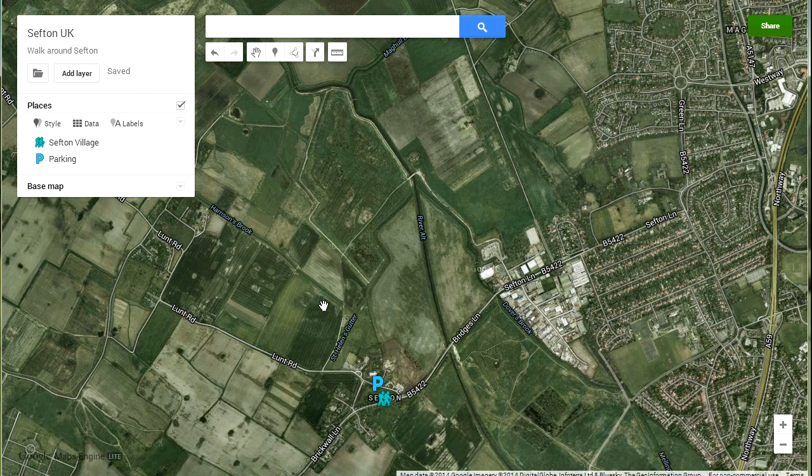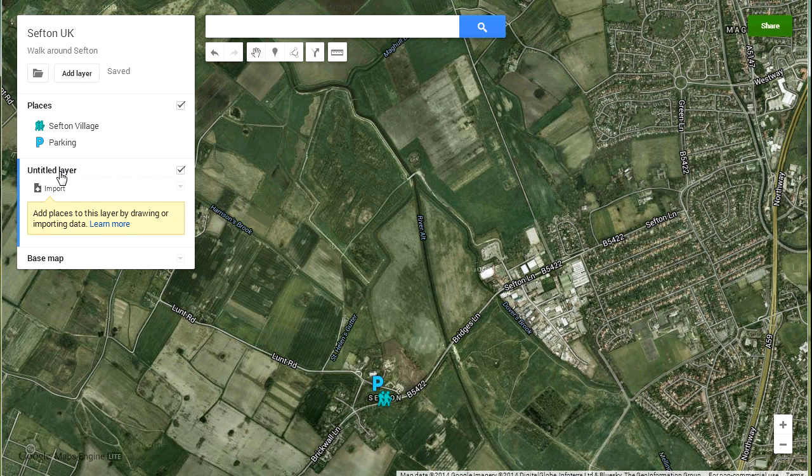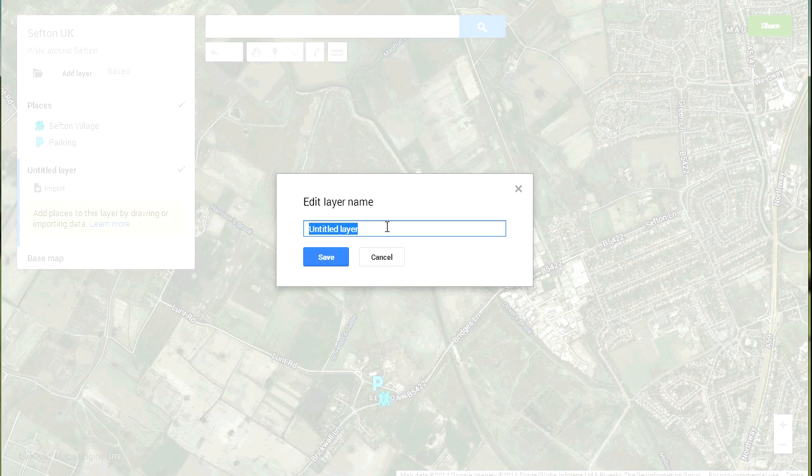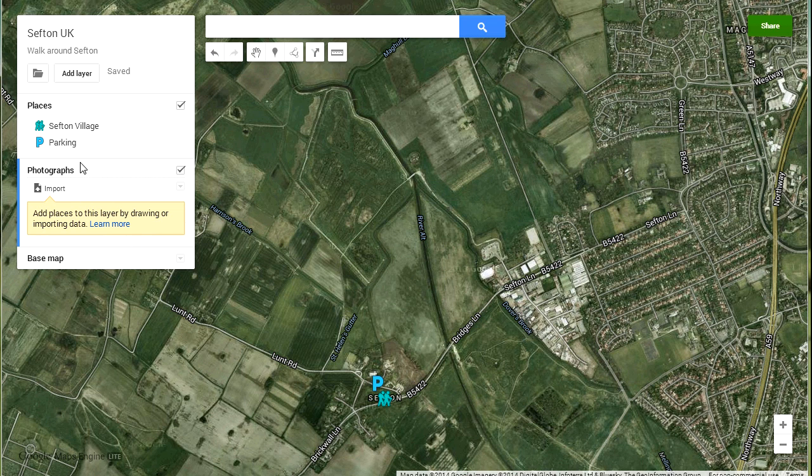Okay, the next step is to add another layer. I'm going to add a layer here. Just have to wait for it to appear. There we go, untitled layer. Again, as we did before, if you click the untitled layer, I can put a layer on that's going to be just photographs, and click save. Okay, so we're in the